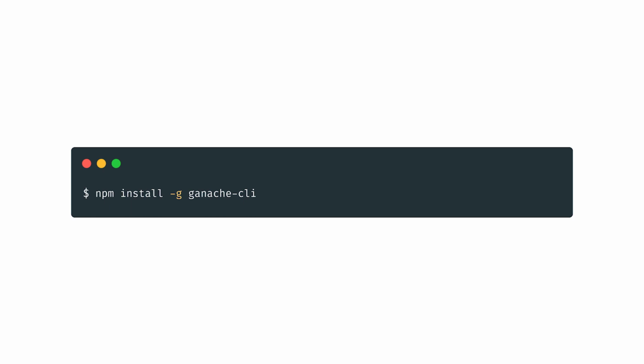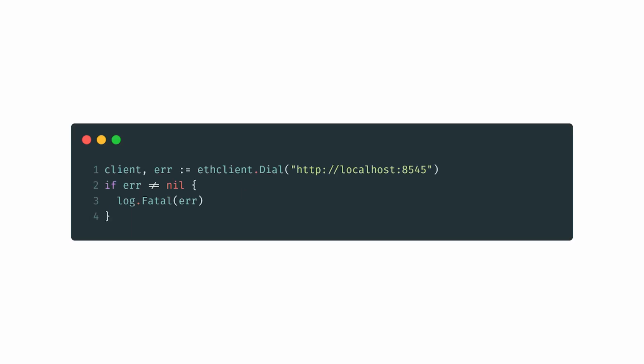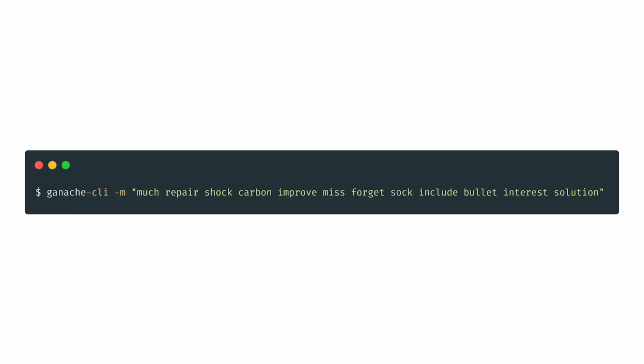Installing Ganache is as easy as running npm and installing the ganache-cli package. To start your test node, just run ganache-cli. To connect to your Ganache instance, just connect to localhost at port 8545. You can even use a predetermined mnemonic to make sure all the addresses instantiated on your Ganache instance are the